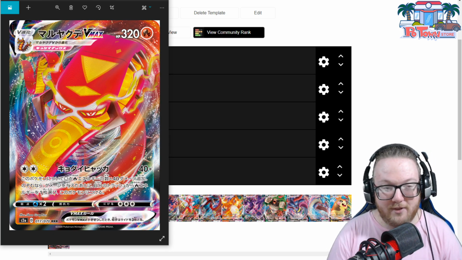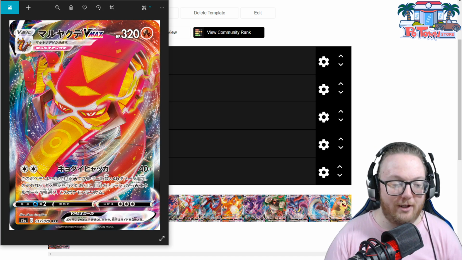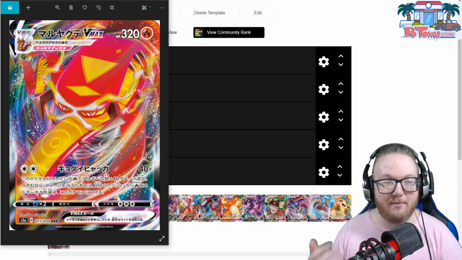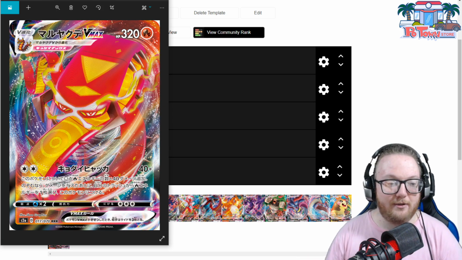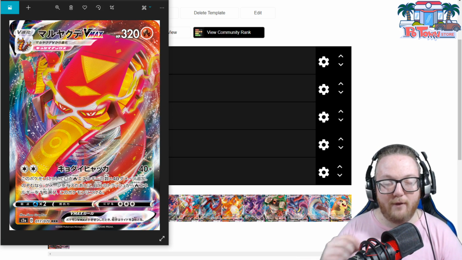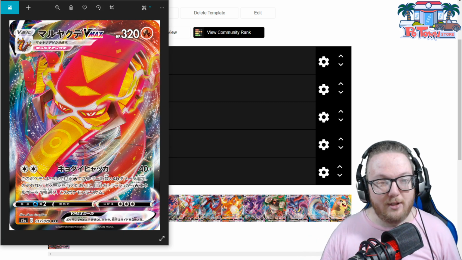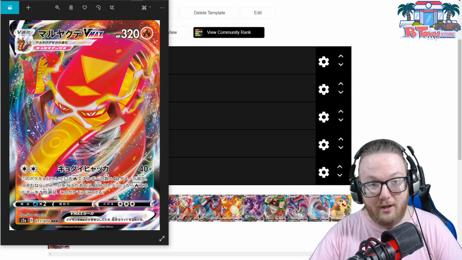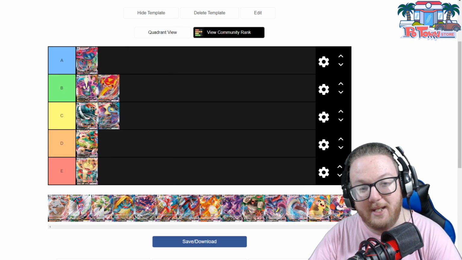Fire has a nice amount of support with Welder and other fire attackers like Ninetales V and Heatran GX and Ninetales from Team Up to gust things. And it's also getting a new fire special energy, which for every one of those fire special energies on your Pokemon, buffs its maximum HP by 20. So I do think Centiskorch has a fair amount of potential, and I want to put Centiskorch in B tier